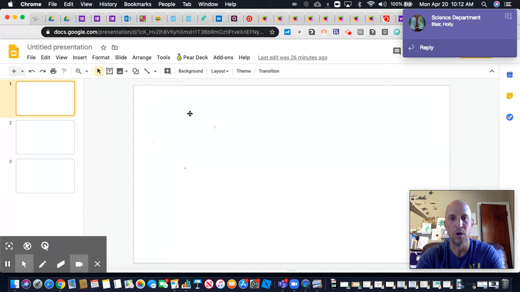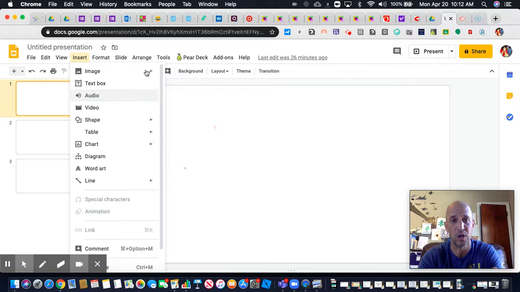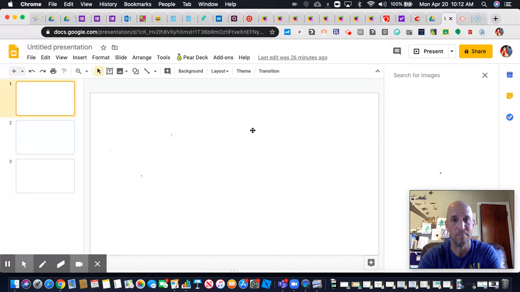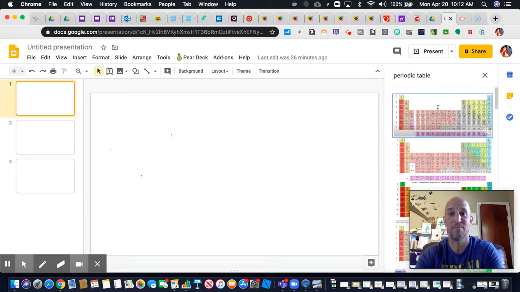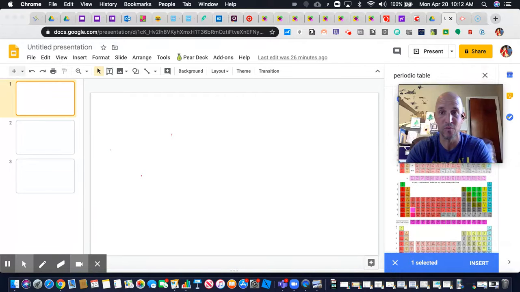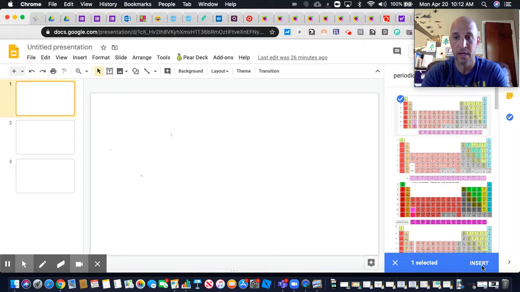So you could also, as you're using Google Slides, so you're using this for chemistry, you could embed stuff, insert stuff into your slide here. So if I go image, search the web, I'm not much of a chemistry nerd, but I knew some stuff. I knew the periodic table. So if I pull up the periodic table, click on it, I'm going to move my picture here. So you can move where you are too on your screen, which is awesome. And I'm going to insert this